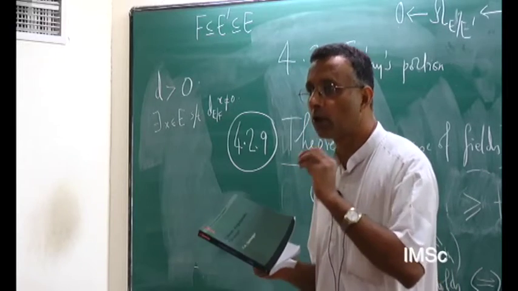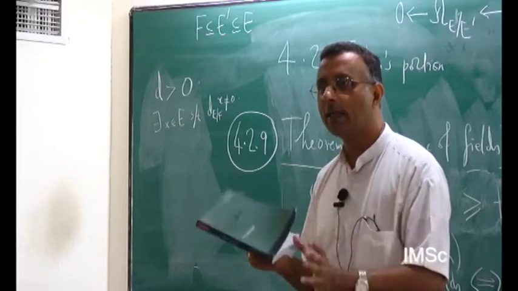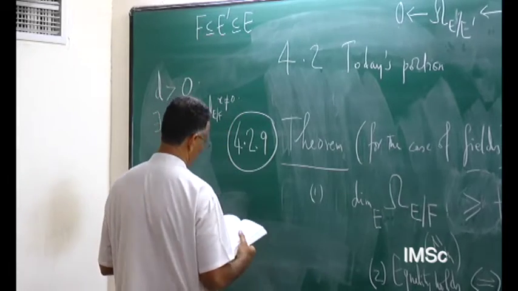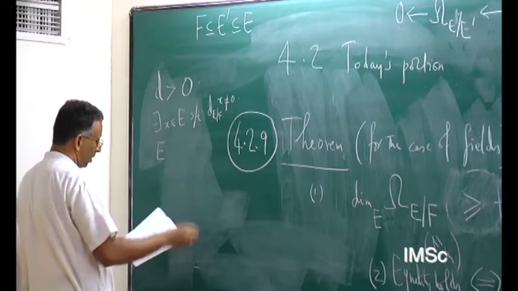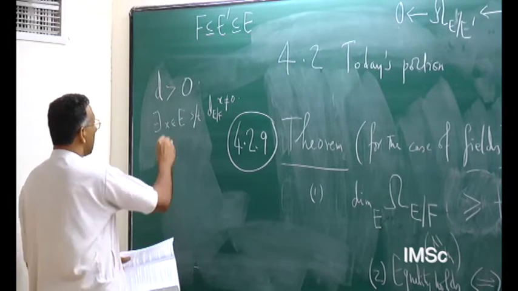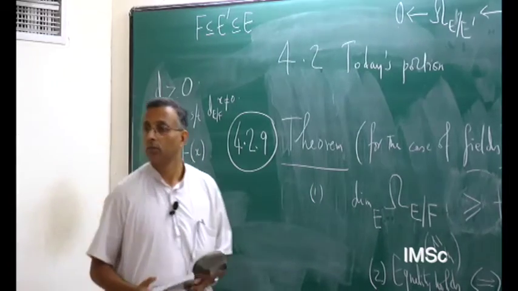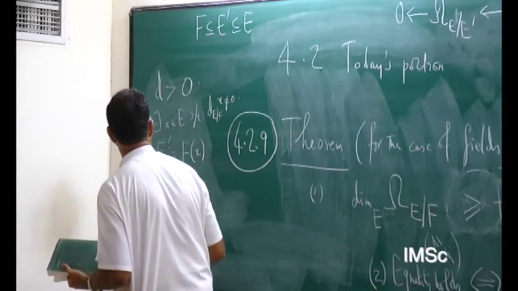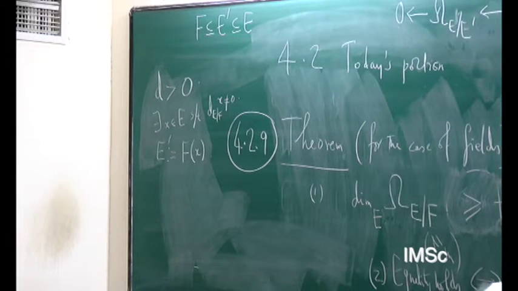Okay. So what you are using here is that the universal module of derivations is generated as an E module by images of elements of E under D. Okay. Again, we put E prime equal to f of x. And he is going to use 15.